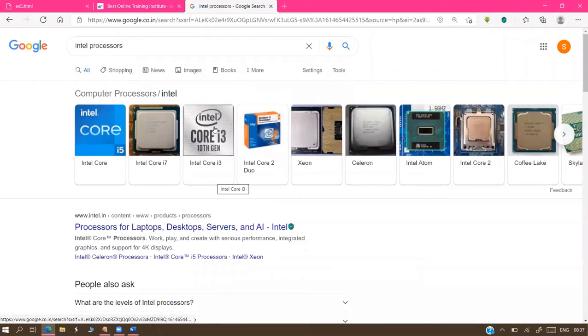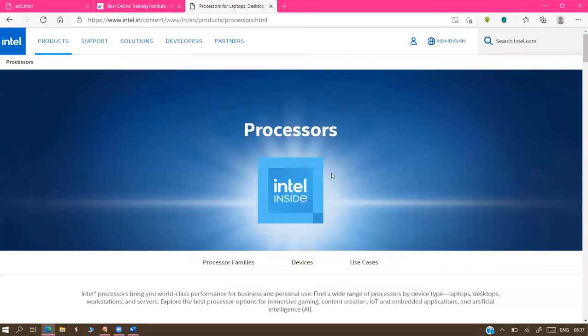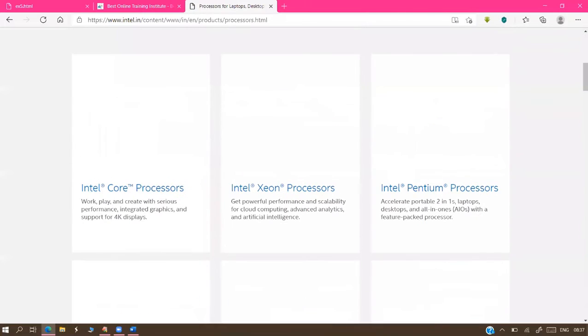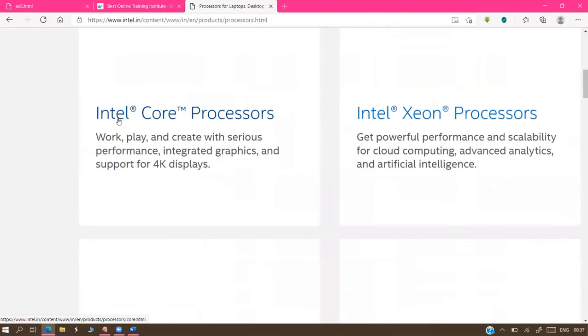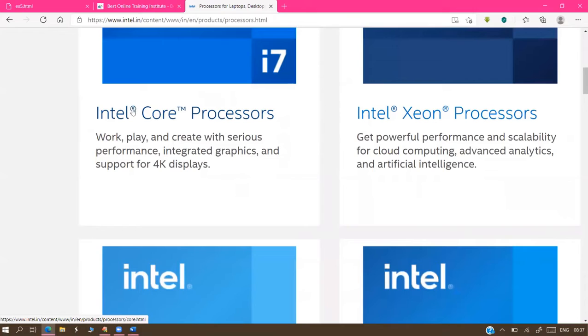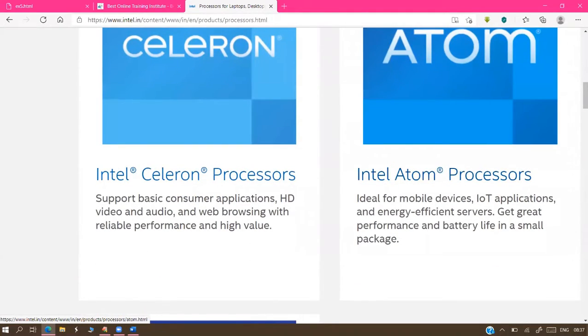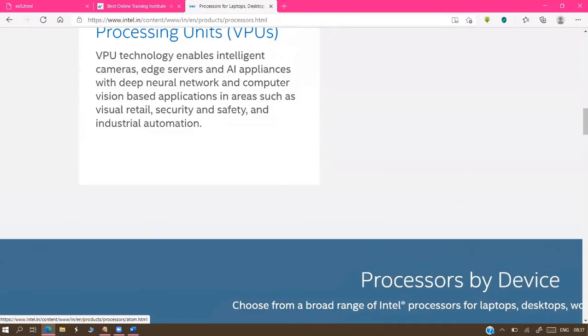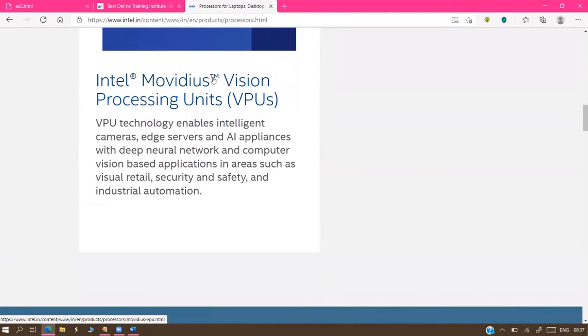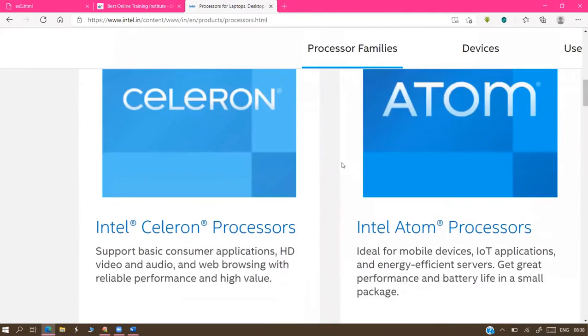Suppose I'm opening Intel's website. If you see the matter content here, we have Intel followed by R, a circle inside R. Core followed by TM. Again Intel followed by R, Xeon followed by R. These are special characters. You want to display the data like this, this is TM, this is Intel R. Sometimes we also have the C symbol, the copyright symbol.